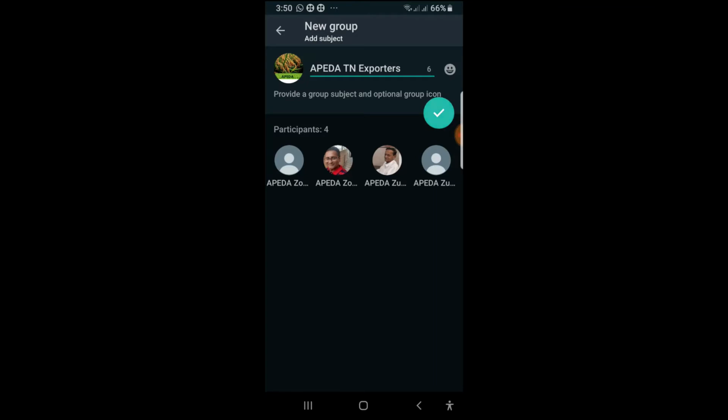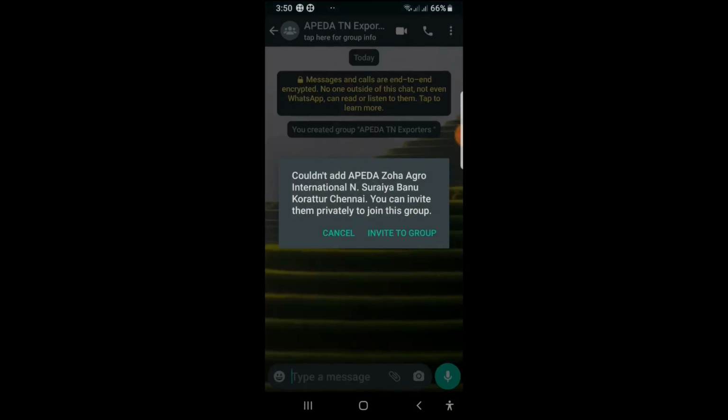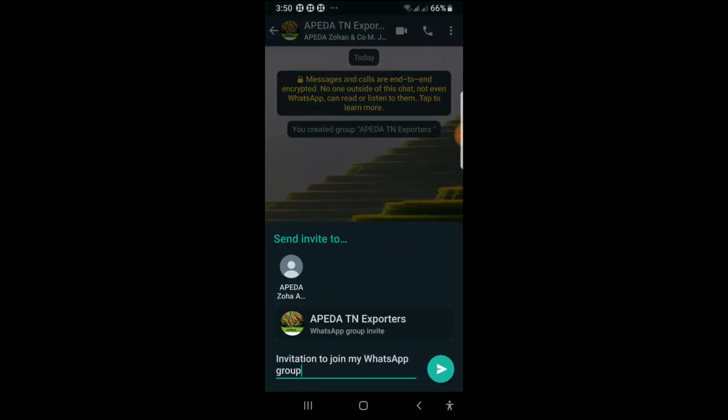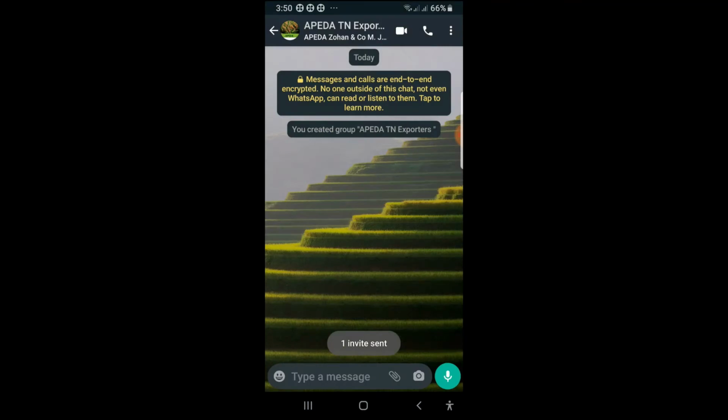Click OK. So one participant could not be added. You can invite them privately to join this group. I may invite to group. Click it. Right, and send the invitation. So one invite sent. All others have been added.